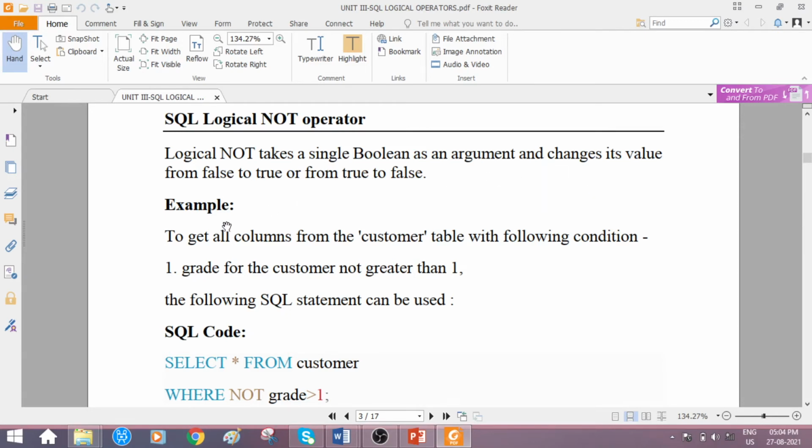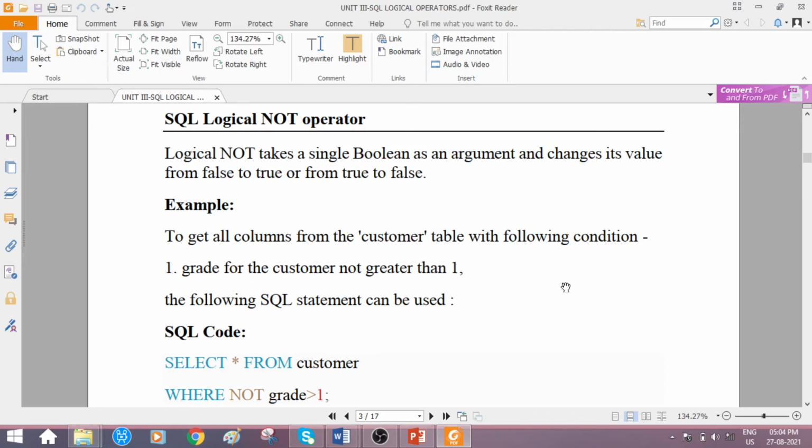Okay. Now check out the requirement, or the example, for a query. To get all columns, all columns meaning all the attribute information, from which table? Customer table, with the following condition. What is that condition? Grade for the customer not greater than 1.